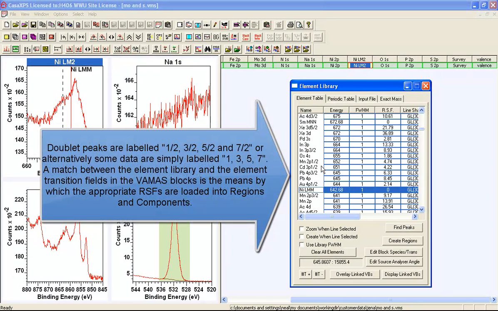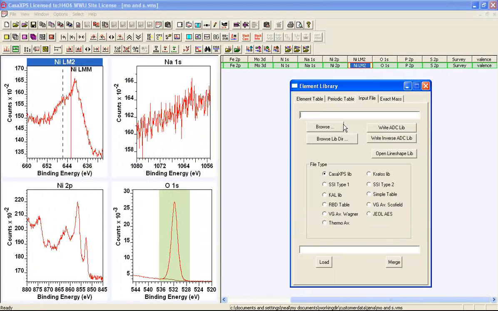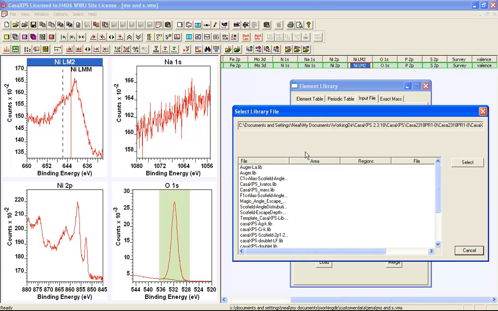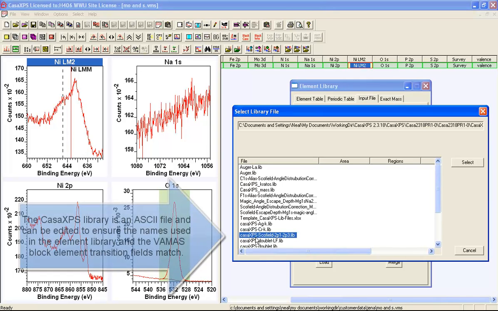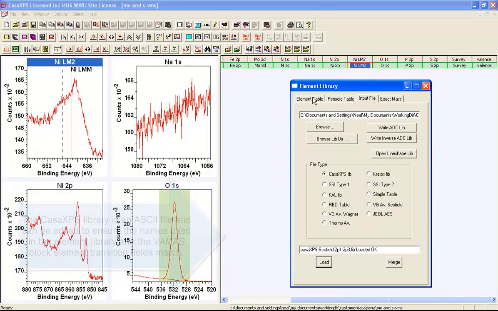Now other files don't do that. They may have them where you say the manganese 2p1, meaning the 1/2. So what I'll do now is I'll load an element library that uses this alternative way of labeling the OJ and also these doublet pairs. And I've got a library here that's been organized in that way. So when I select this and I load it,